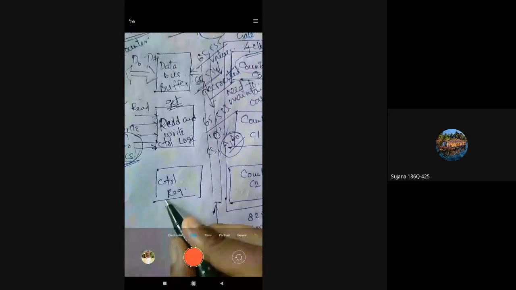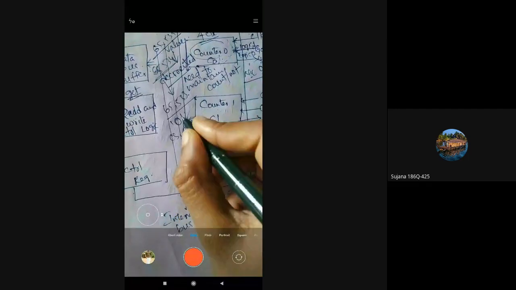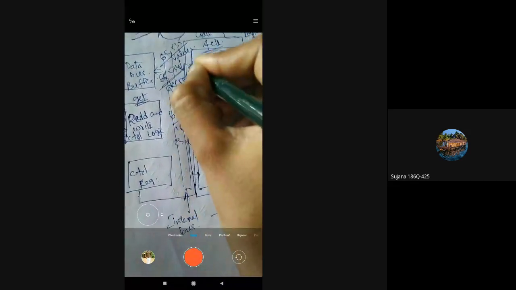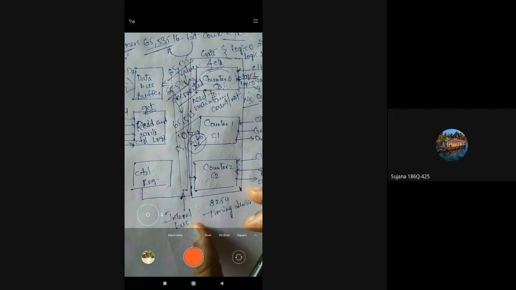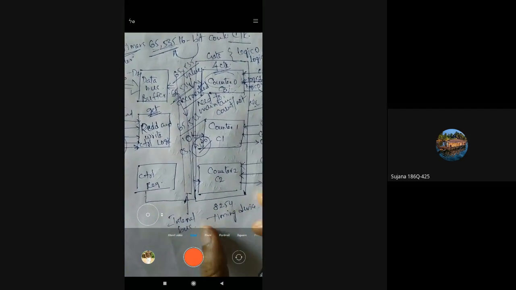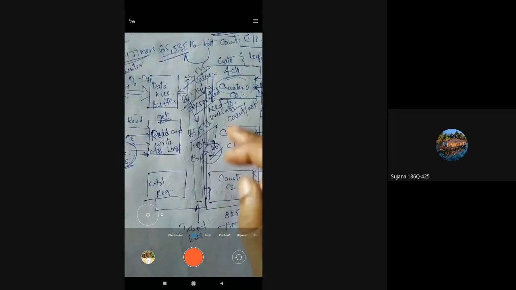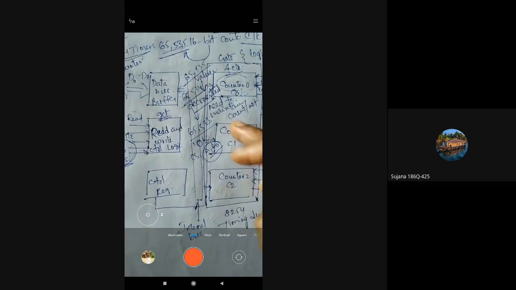So this control logic will now be connected to any of these counters. This is how the internal structure of the 8254 timing circuit looks. This control register will be connected to all the counters, and the logic is connected to the read and write logic.